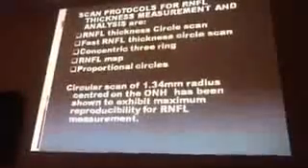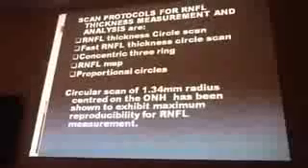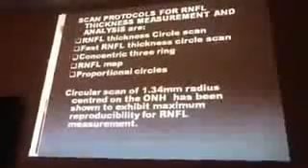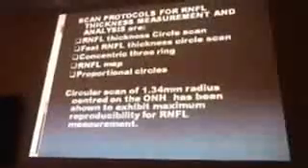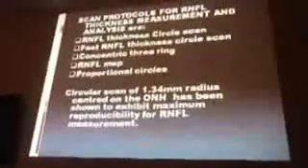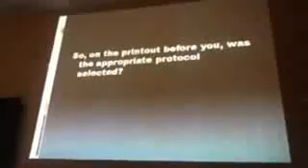Now, the scan protocols for the retinal nerve fiber layer thickness measurement. You have the retinal nerve fiber layer thickness circle scan. You have the fast one, which is faster than this, but similar. Concentric 3-ring, the retinal nerve fiber layer map, proportional circles. So depending on the information you need, you have to select the appropriate protocol. You would have read through the manual to know the information each of these protocols gives. So on the printout before you, was the appropriate protocol selected, knowing what information each one gives.